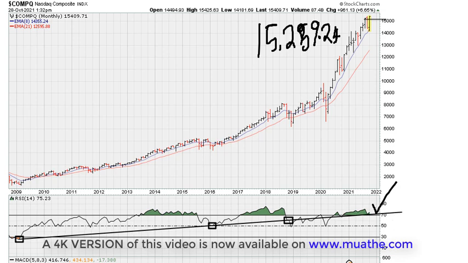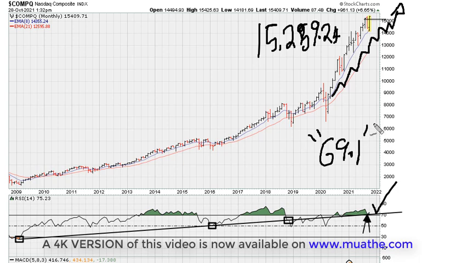And you can see that the market somehow is aware of this trend line and bounced on this trend line this month. So as long as we are above the black line, and more importantly, as long as the Nasdaq RSI is above 69.1, expect to continue seeing markets just climbing, pulling back slightly, but ultimately continuing with this amazing bull market run, as long as the RSI continues to hold above 69.1.